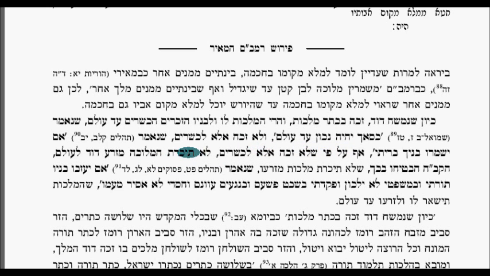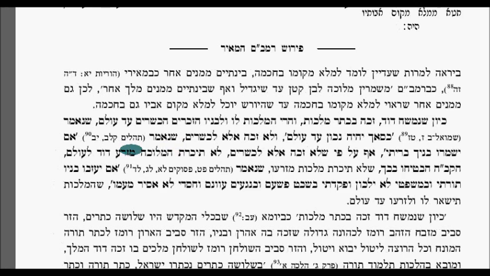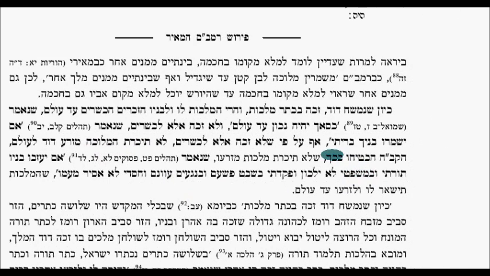But it's only merited for those who are kosher, eligible. As it says in Tehillim 132, there was a condition: if your children will keep my covenant,